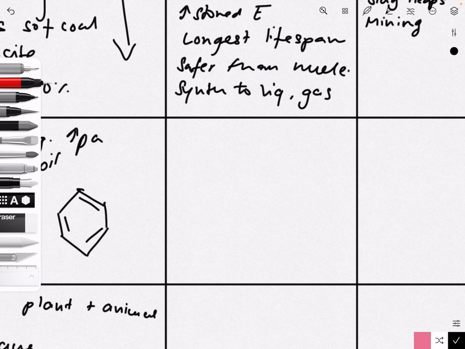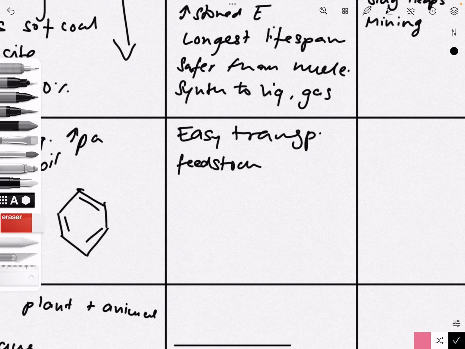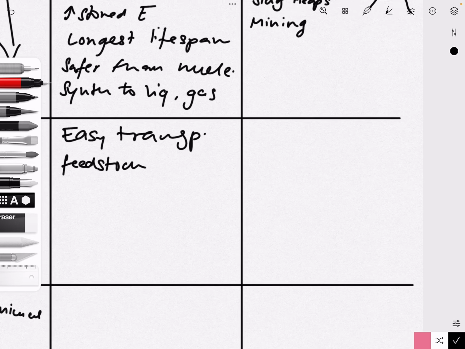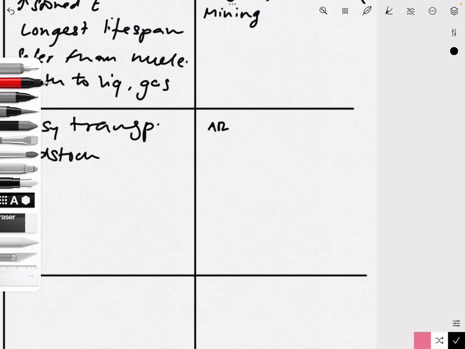So next up, let's look at the advantages of using oil. Oil, as we mentioned, is very easy to transport, as it can be transported in pipelines. It's also a convenient fuel for this same reason. And oil can also be used as a feedstock, just like coal. But the disadvantages of using oil is that you will yet again get acid rain and